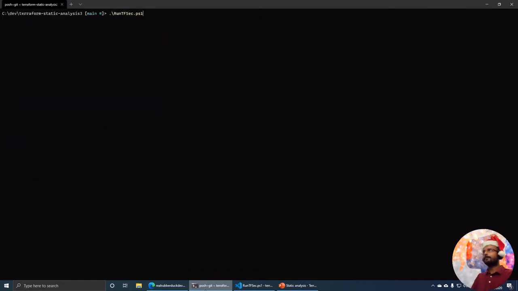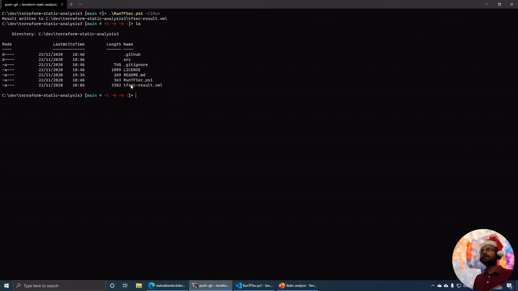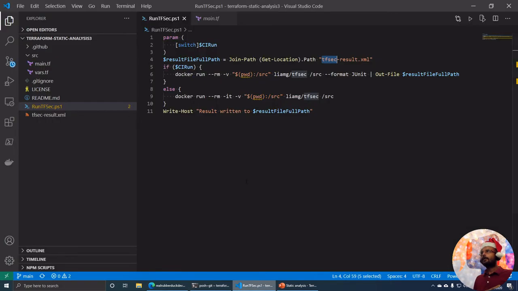So if we did that, CI run, so if I did that, then it won't give us any output. But if you see here, it has created the results XML file, and that's the one we're going to use in our CI. Going back to our